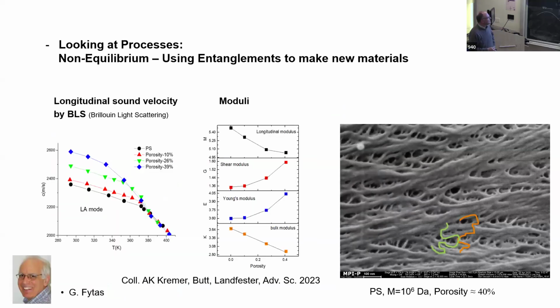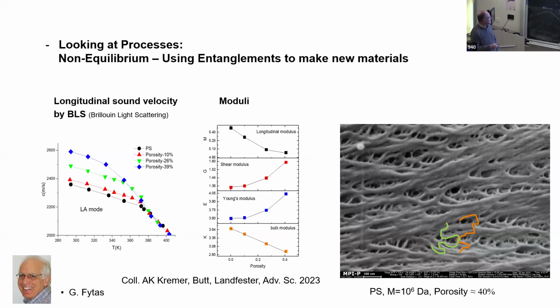Okay, thanks. I don't want to show all the scattering experiments, but I would like to show the brilliant scattering experiments by Georges Freitas. What you find is a change in the moduli depending on porosity or expansion. 0.4 in porosity is the largest expansion we had. What is interesting, if the Poisson ratio goes down, is that when you look at the sound velocity of the system, we start here at room temperature with the most porous system, it's about